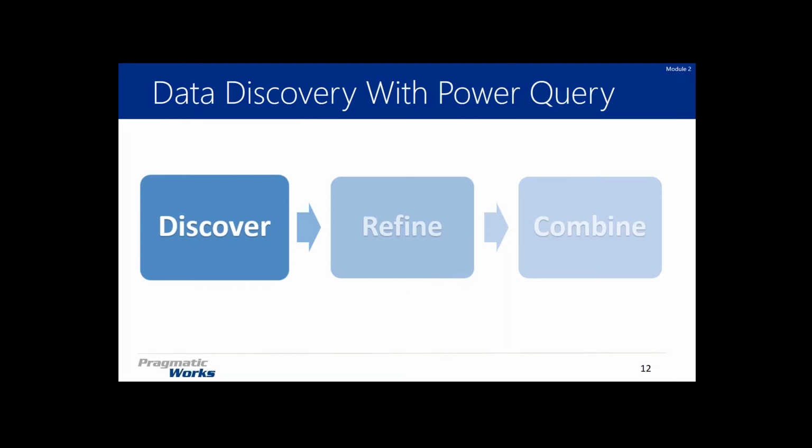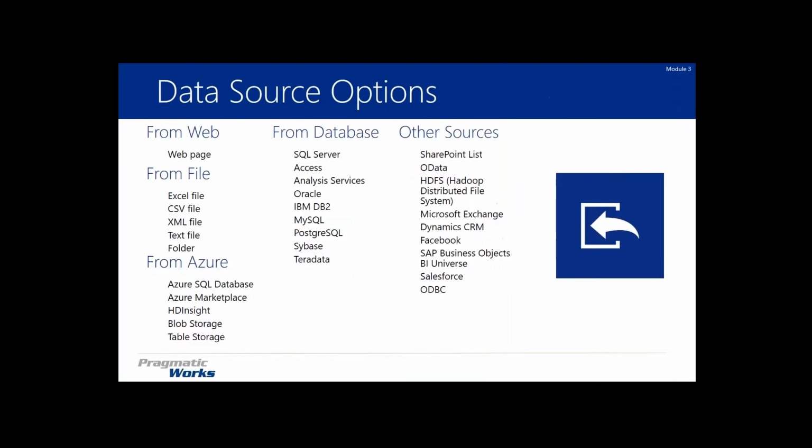So again, you've already seen some of this here. This is a list of all the data source options that we have. We can bring in from web pages, from any flat file sources, all the Microsoft Azure offerings there. You'll see a whole host of database options and then a bunch of other sources. A common one, I just like to put a couple of these out around the other sources. Salesforce is a big one, SAP Business Objects, and Dynamics CRM. Those are usually the three that people care a lot about in that other sources section.